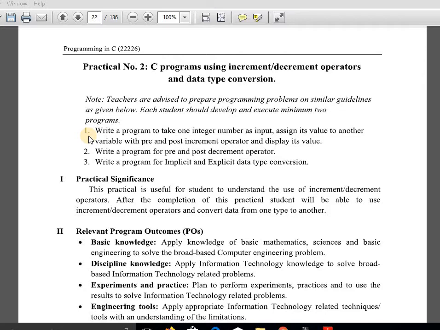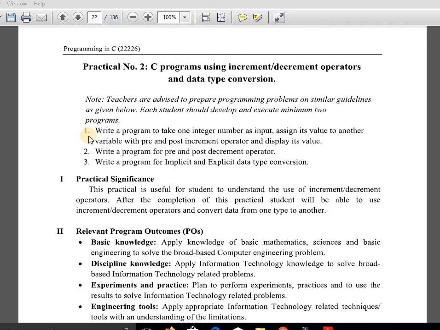Okay. So what is increment operator and decrement operator? The operator which increase the value of variable by 1 is known as the increment operator, and it is denoted by using 2 plus symbols. Same like that, decrement operator which is used to decrease or reduce the value of a variable by 1, and it is denoted by using 2 minus symbols. So in this video we will see these programs.